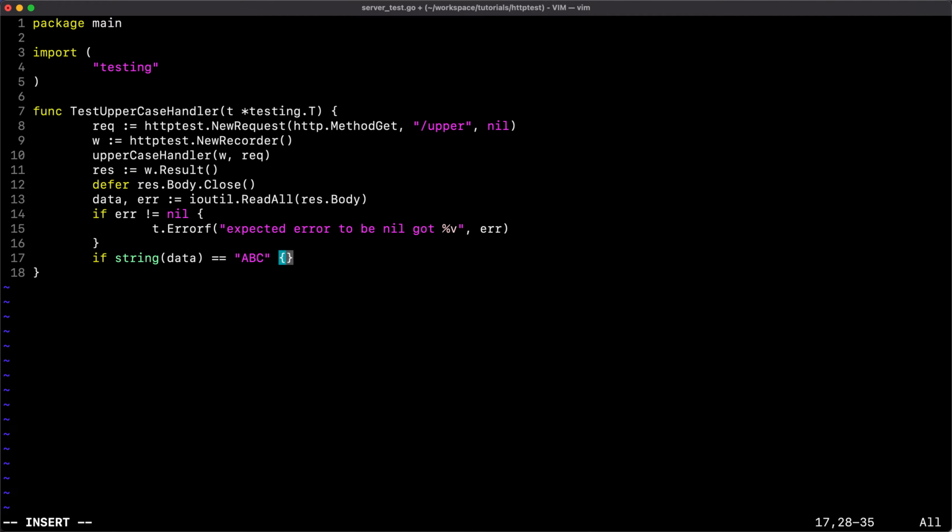So we expect ABC, and if this is not the case, then we print expected ABC, got the string of data.